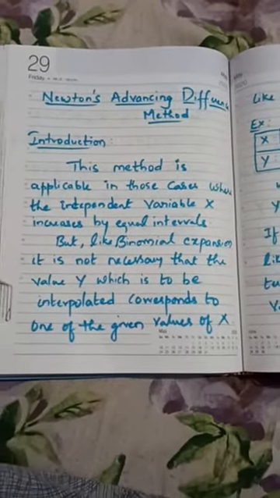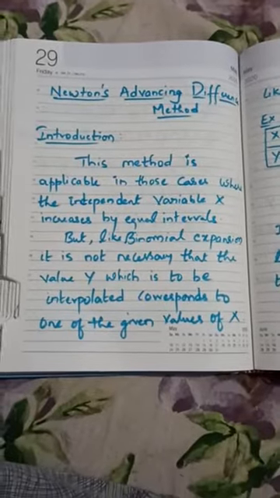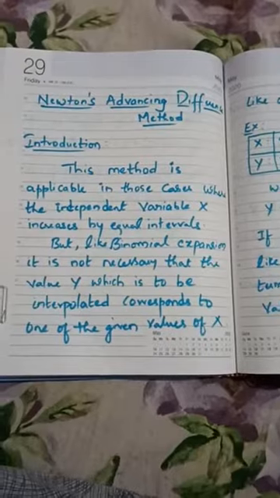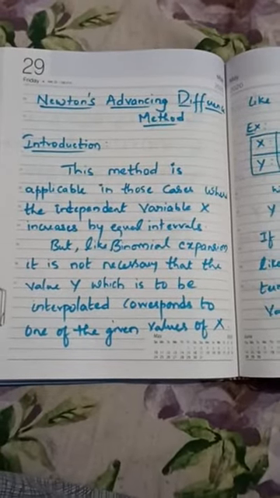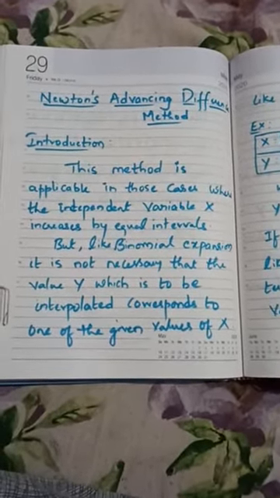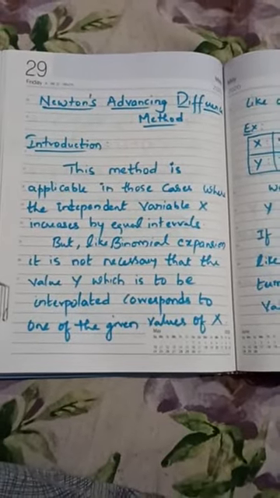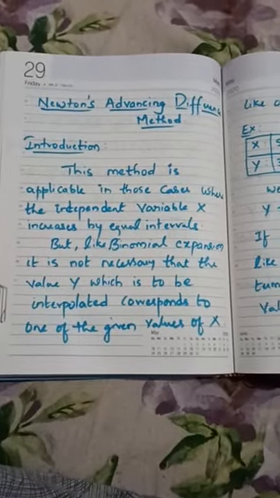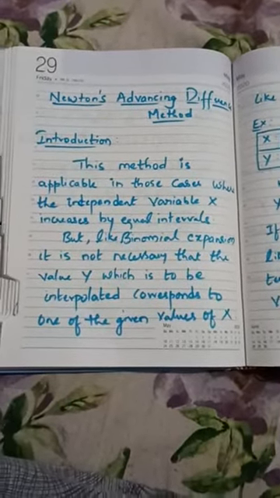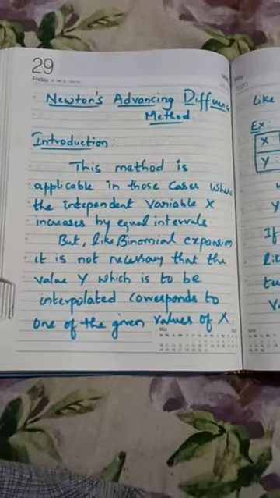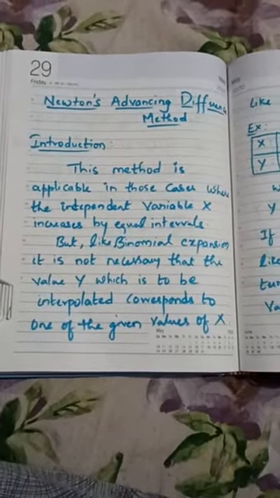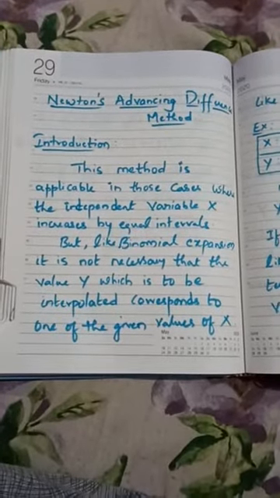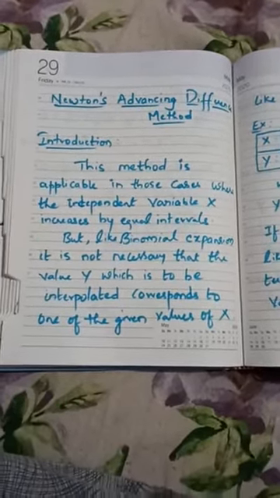Now, Newton's advancing difference method: how to identify it? Newton's method is also used to estimate the interpolating value or the extrapolating value. Only for that is this Newton method used. But what is the difference between binomial expansion and Newton's? In binomial expansion, the missing value will be clearly shown in the table, isn't it? For both interpolation and extrapolation, the missing values are shown in the binomial expansion method, and the missing value corresponds exactly to a particular x.